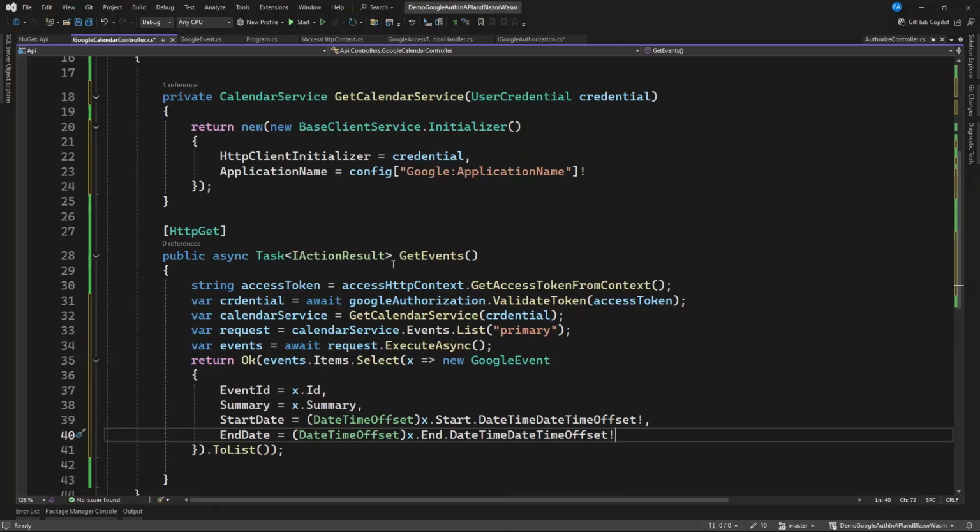So when you look at the first method that we're doing over here, we want to get this event. And in that, we need to get a token from the context, because I told you that anytime you want to access Google service for a specific user, based on the request coming in, we can have that user's access token appended to the header. We want to grab that token and then validate it